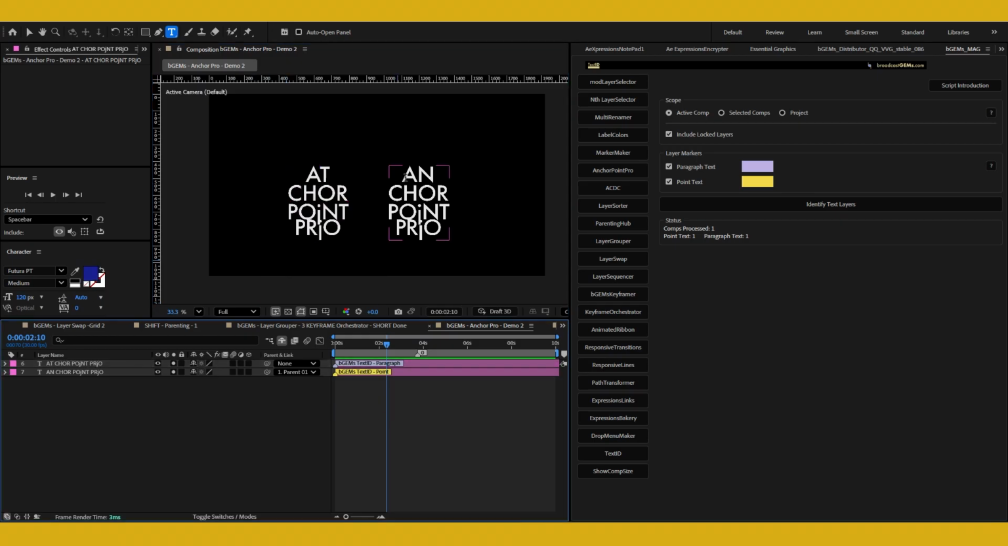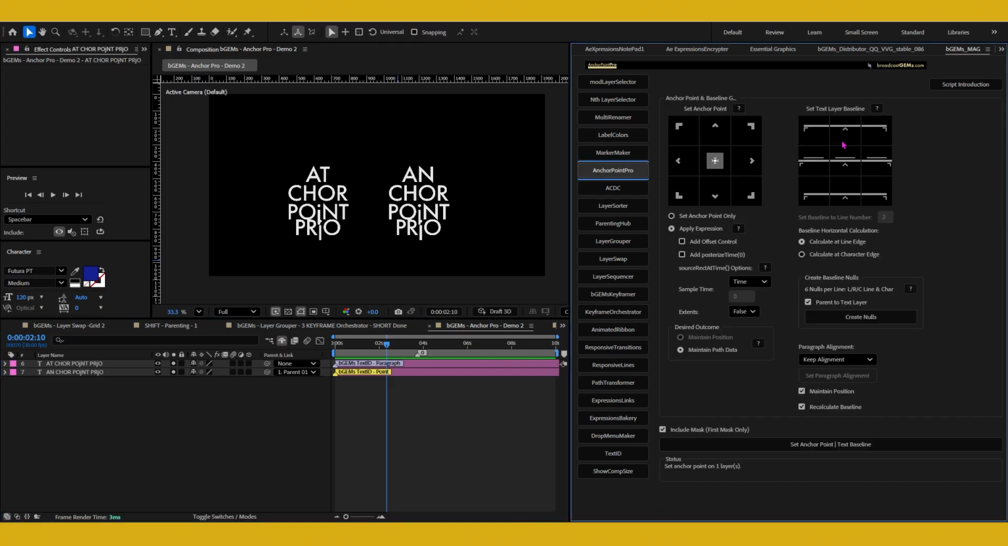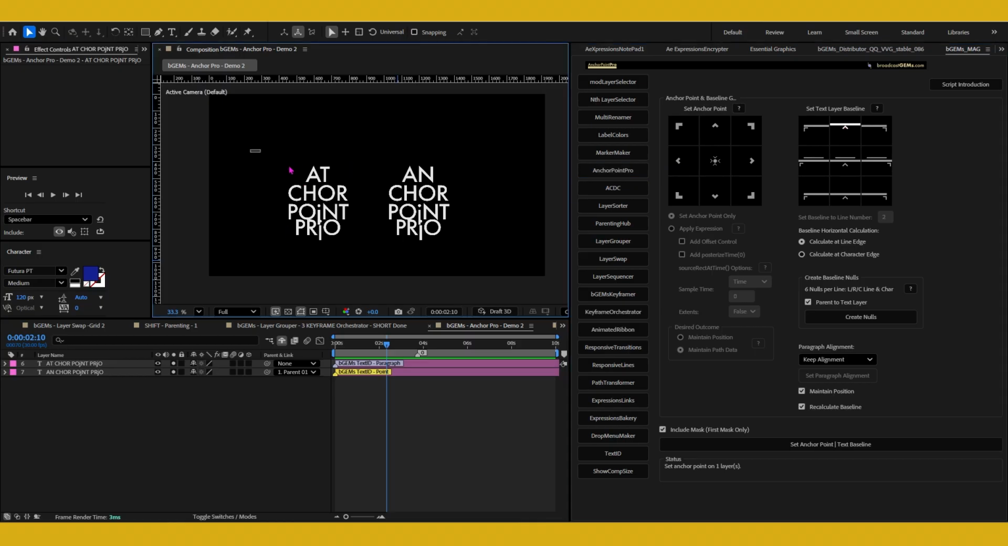Okay, next we're going to come back to Anchor Point Pro. So you can set paragraphs also. Now to work with text, you would click once here, and that enables the paragraph alignment option. So I'm going to select the guys here. The reason why I have both of them is just to show you that it works with both paragraph and point